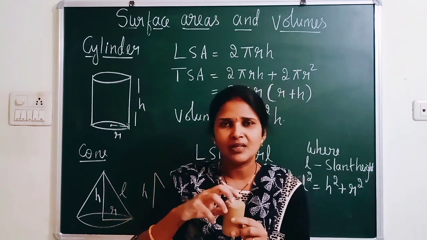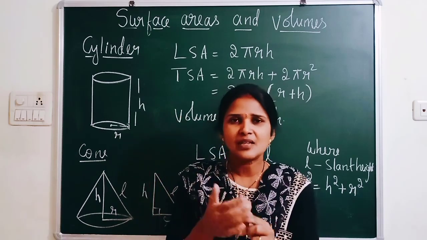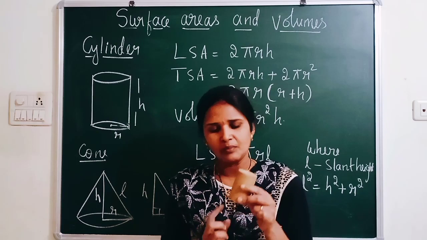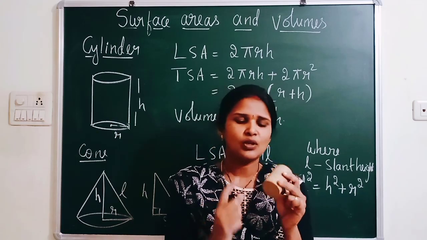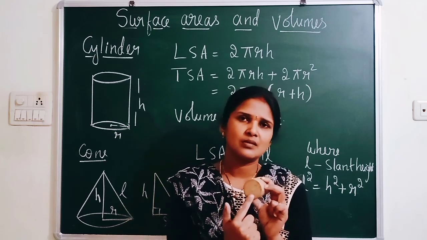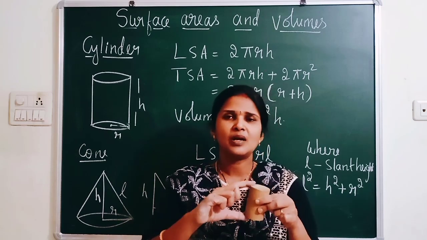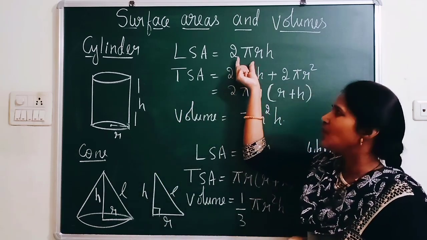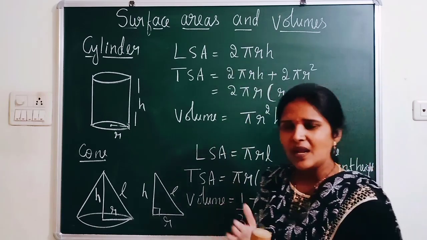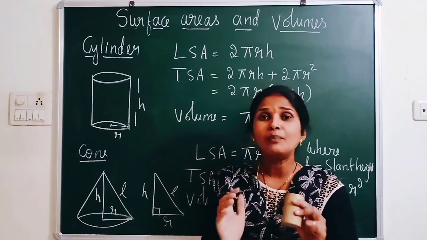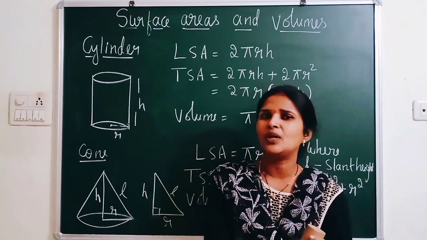Instead of that activity, since you are in class 10th now, you can remember in this way. Lateral surface area of a cylinder is nothing but perimeter, that is circumference of the base, into height. Now tell me, what is the circumference of this? It is a circle. What is circumference of this? 2 pi r into height. You can see lateral surface area of cylinder is 2 pi r h. So it's very easy to remember. Lateral surface area we got from the rectangle, and we explained in class 9th how you got 2 pi r h, by equating to area of rectangle.